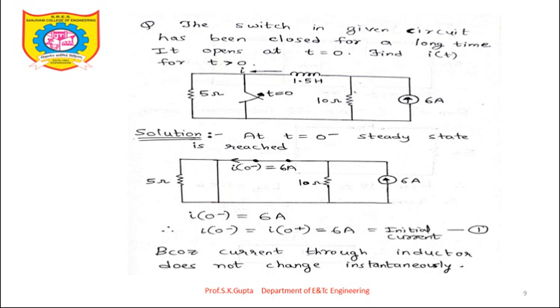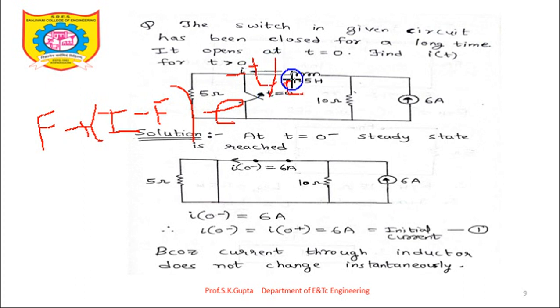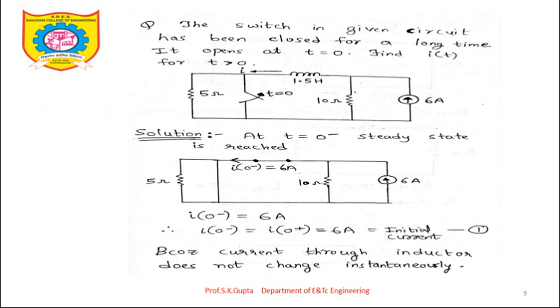Now what is your observation? If the switch was closed, then also this source is connected to the network. If the switch was open, then also the source is connected to the network. That means again I should use that formula, for inductor, current equal to final plus bracket initial minus final, e raised to power minus t by tau. So I only have to determine three things: final value, initial value and time constant. Then just put the values, you will get the final solution.